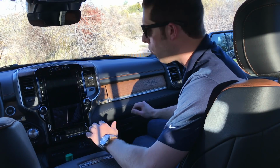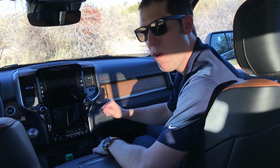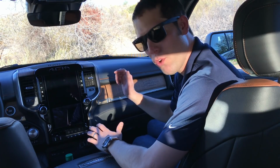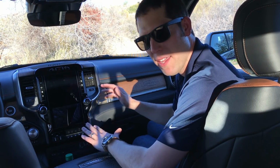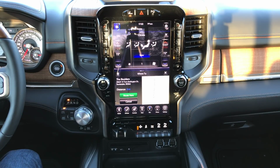But it's not all just old world luxury in here too. There's a lot of available tech, including this Tesla-like 12-inch screen. That's right, a foot-long touchscreen in the dash of a pickup truck. Welcome to the future. Some of these giant touchscreens have become needlessly complex, but this system is actually really user-friendly